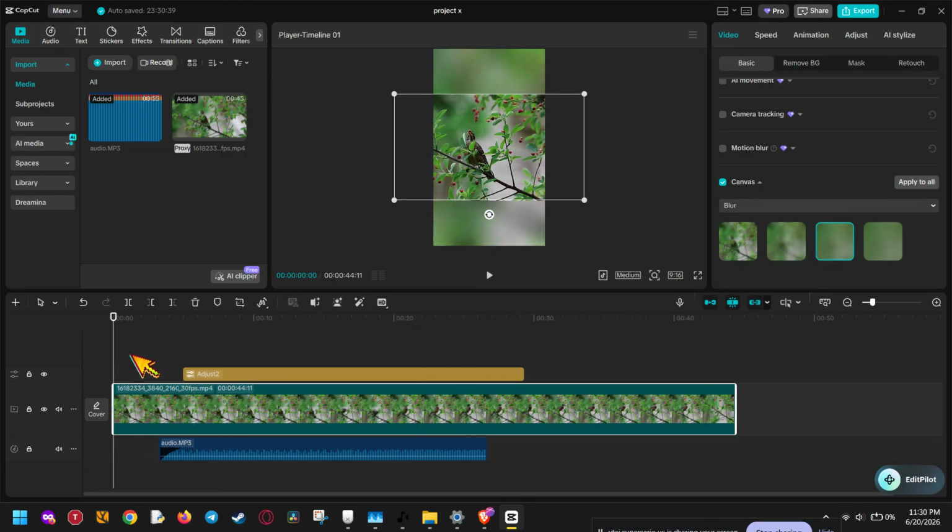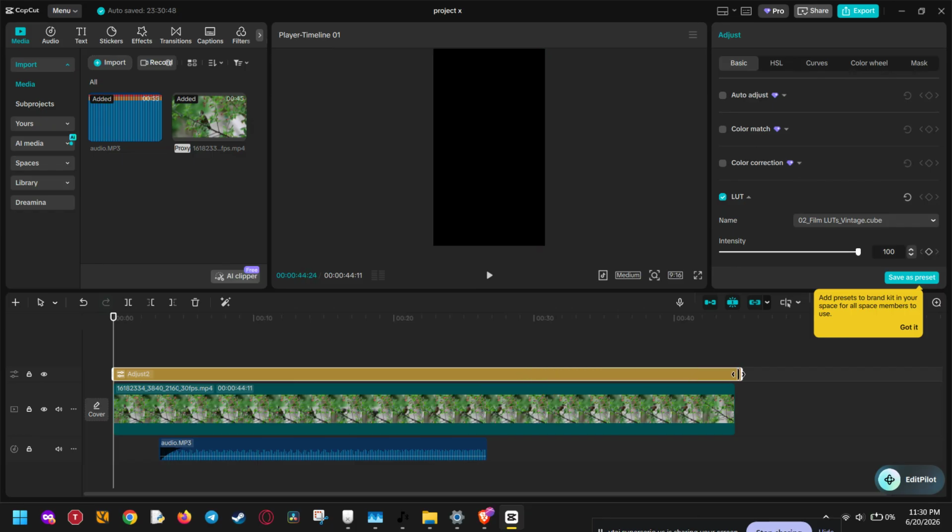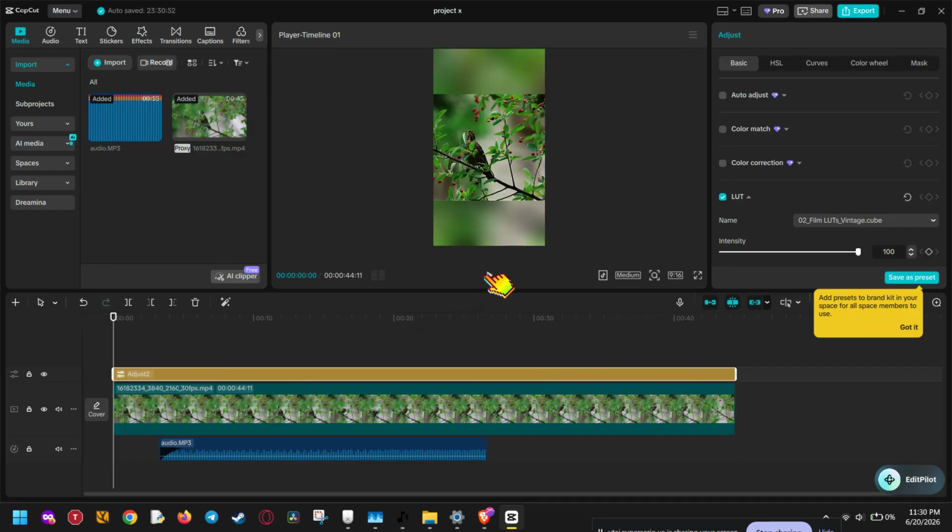Now, let's move on to the second method, which is cropping the video frame. This is the method to use if you want to resize a single clip without changing the entire project layout. It's also helpful when you want to cut out unwanted edges or focus attention on a specific part of the footage. To crop a clip, select the video in your timeline first, then click the crop icon on the toolbar